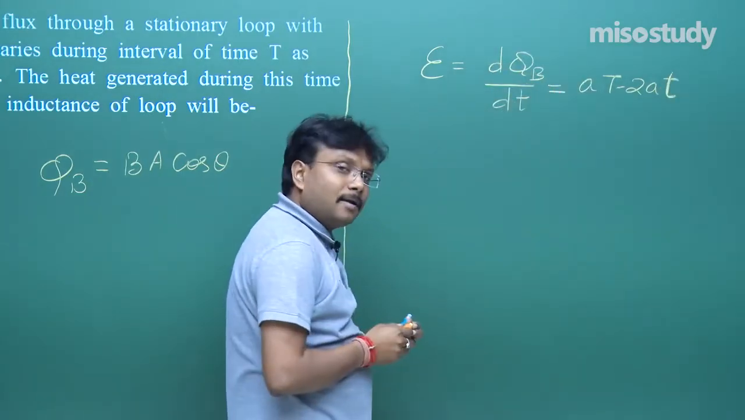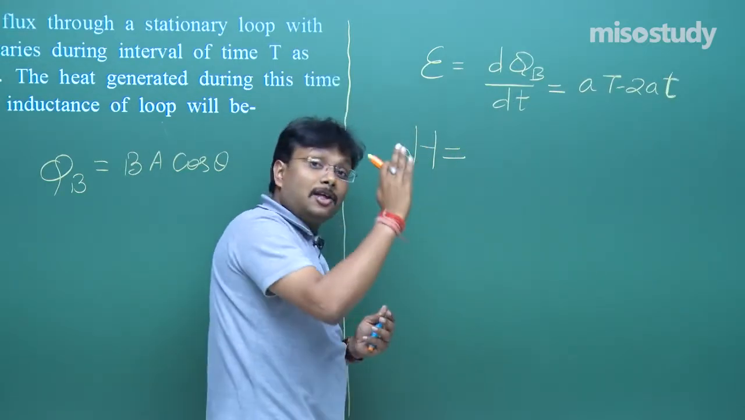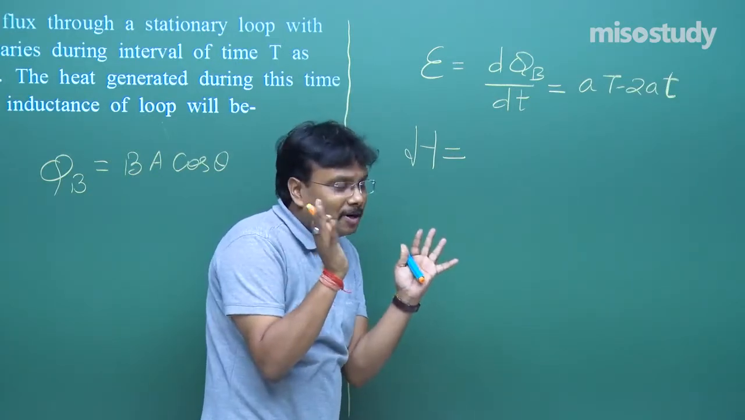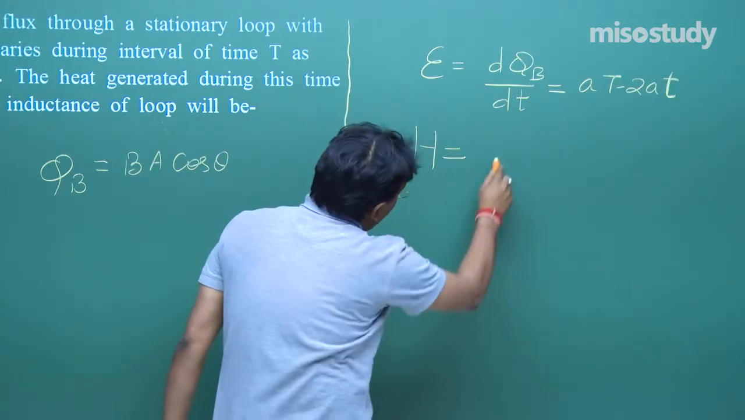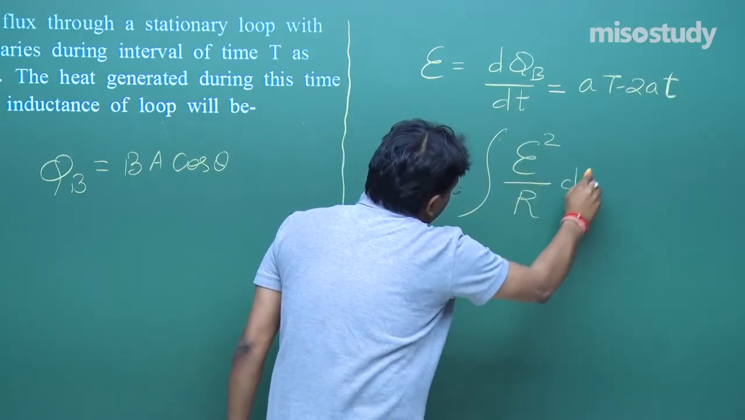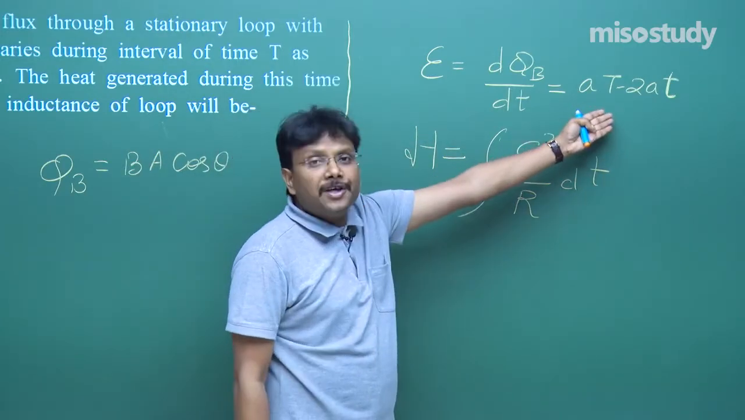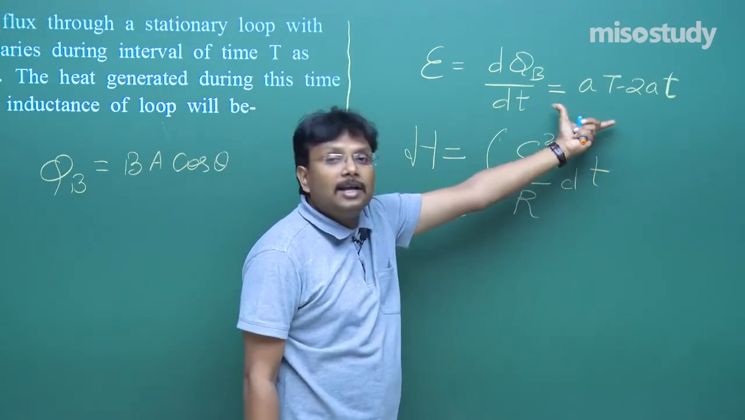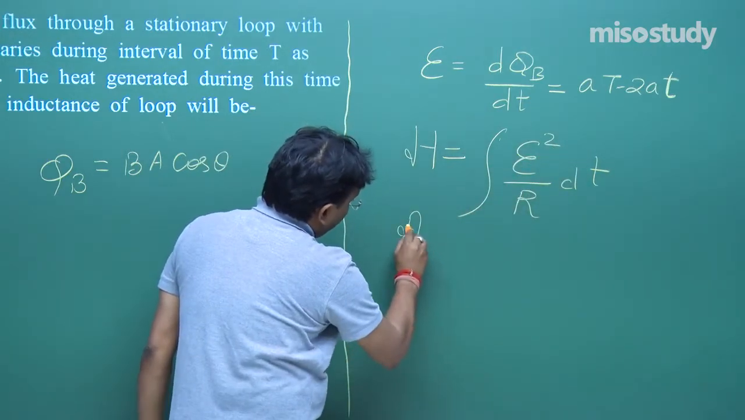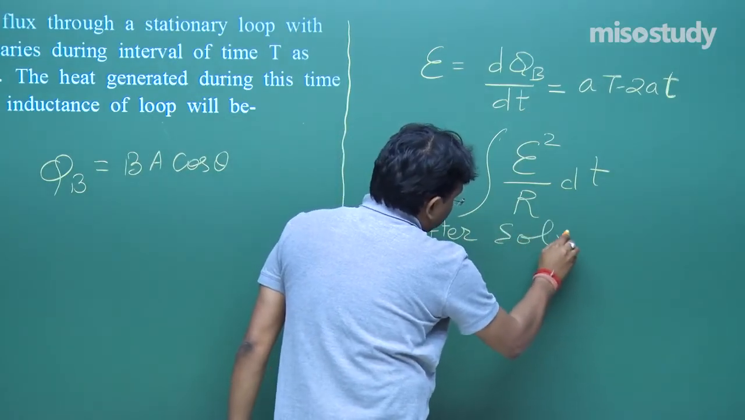Fine, from here heat generated is heat H, class 10th formula I square RT. So, same type of thing we will do. And how exactly we will do that? That is EMF square by R dt. Fine. Put the value of this square and integrate it. So, simply what I will write down, after solving